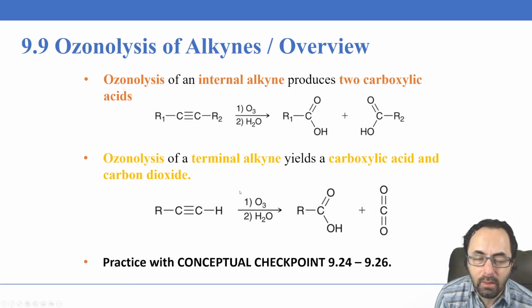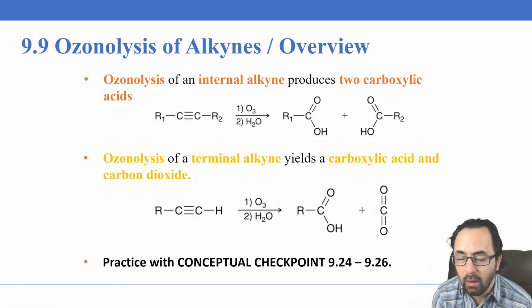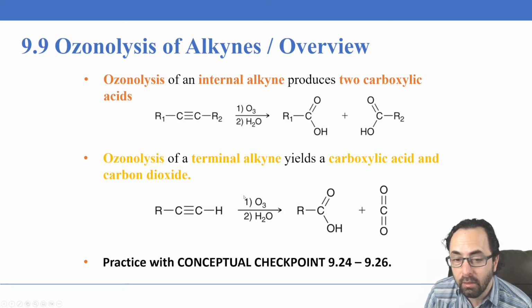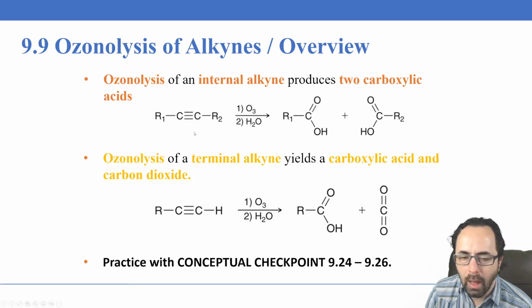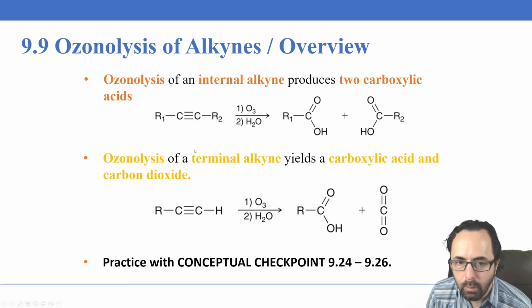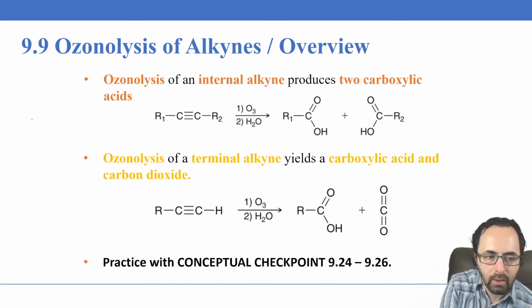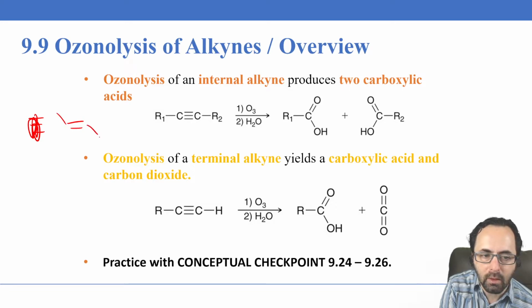Finally, the last reaction we studied in the alkene chapter, and the last one in the alkyne chapter that's similar to the alkene, is ozonolysis. It's not the very last one, but it's the last one that's similar to the alkene chapter. So in the ozonolysis, what happened is we chopped the double bond. So when we had a double bond, not a triple bond, a double bond like this,